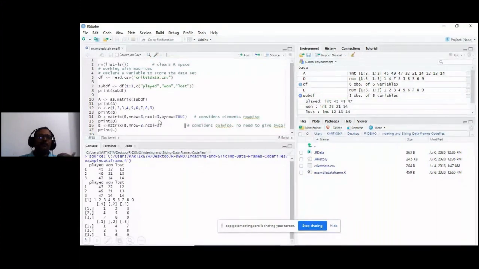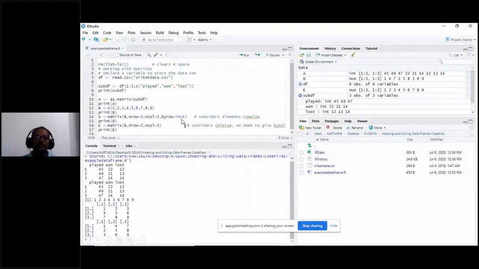So how do you want to display this particular matrix? Whether you want to create this matrix column wise or row wise, that is, how to read the elements of this vector to create your matrix. I want to create this matrix by reading the values by row. So I have to write specifically byrow equal to TRUE. TRUE must be in capital letters.